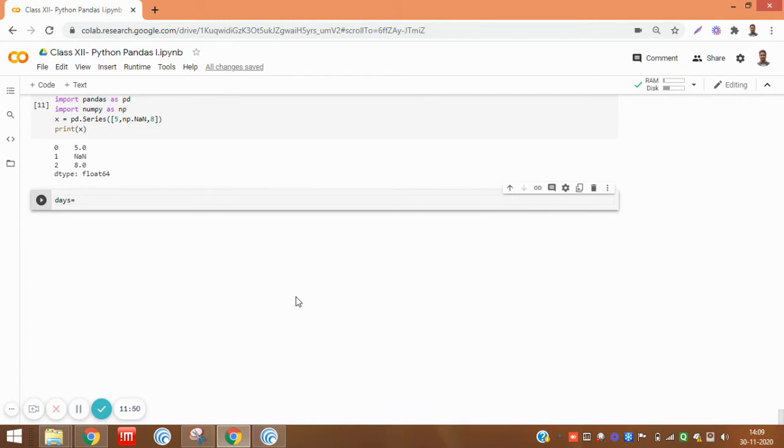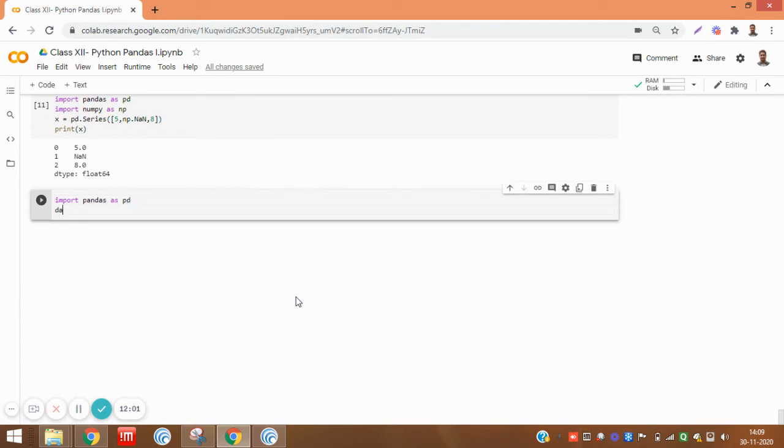Suppose, first we have to import pandas as pd, then days equal 31, comma, 28, comma 31, comma 30. These are the month days.